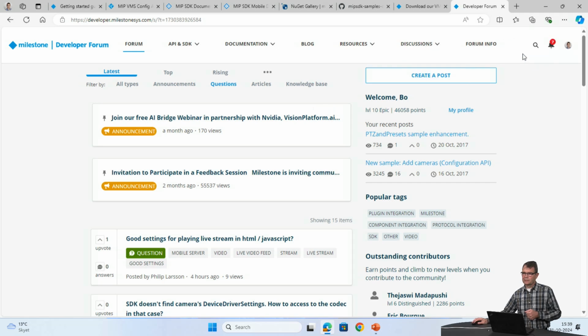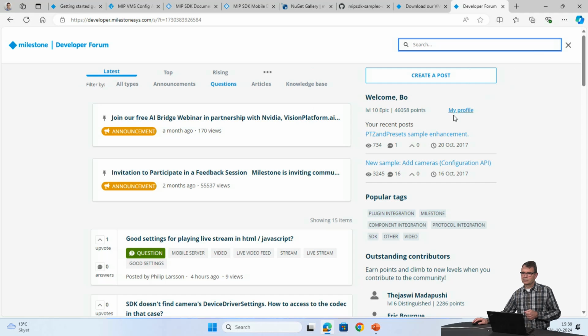And here's the magnifier glass. That means you can search.